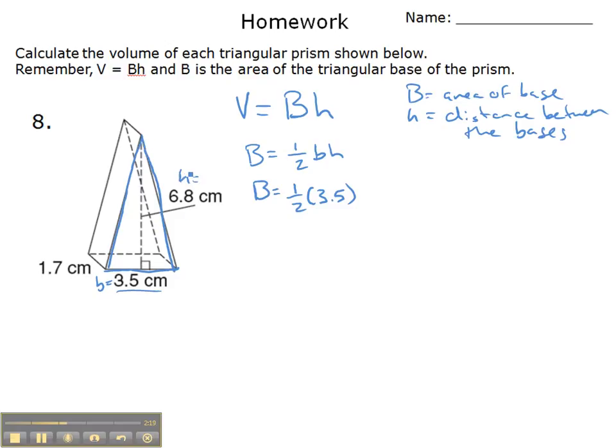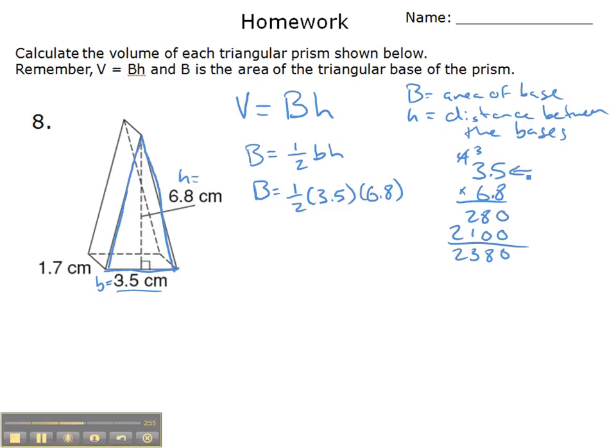which is 6.8 centimeters. And when we multiply those decimals, we ignore the decimals, so it's like I'm multiplying 35 times 68. Put the decimal back in, we need it at the end, but when we're multiplying we ignore it. 5 times 8 is 40, carry the 4. 3 times 8 is 24, plus 4 is 28. When I'm multiplying by this 6, I'm really multiplying by 60, so start with a 0. 6 times 5 is 30, carry the 3. 3 times 6 is 18, plus 3 is 21. Add those up and we get